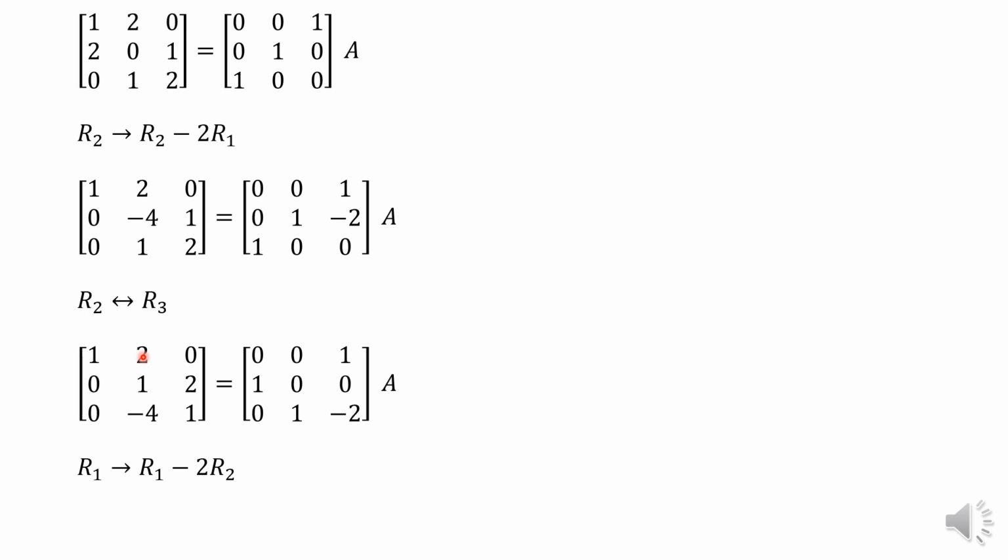Next we have to make this -4 below the leading entry also 0. To make this element 0, multiply the second row by 4, then add. So the operation is like this, R3 changes to R3 plus 4 times R2. If I do these operations, then the elements below this leading entry 1 and above the leading entry 1 turn out to be 0. And note that the same operation has to be applied to this matrix.